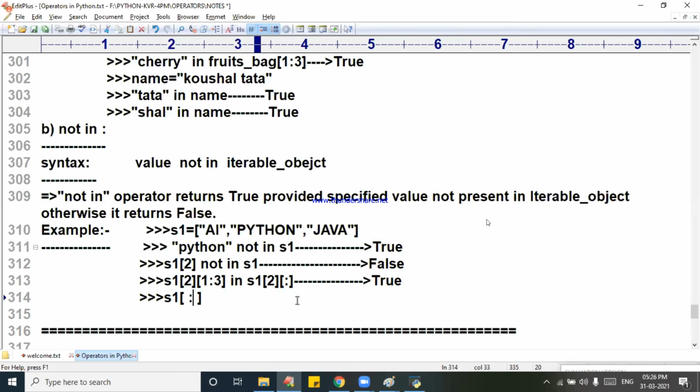Sir, but you said all the functions are allowed. What functions, ma'am?